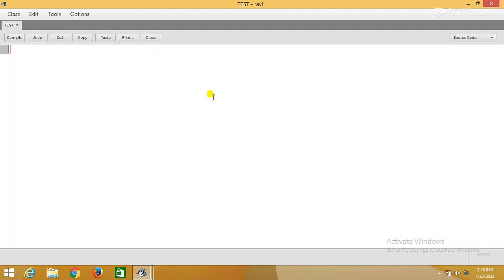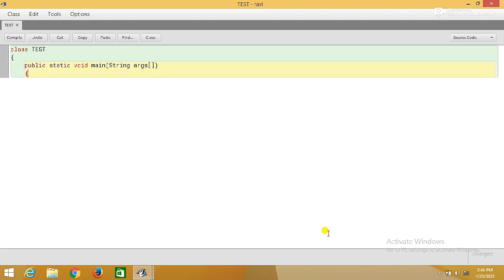You can start writing a program using the keyword class, then the name of the class, which you already have selected, Test. See, it is a case sensitive language, so the case should be similar. Now you can start putting curly braces, public static void main. It is the method of the compiler where you can write the program. String args, args stands for arguments, put curly braces, and System.out.println, where S must be capital.